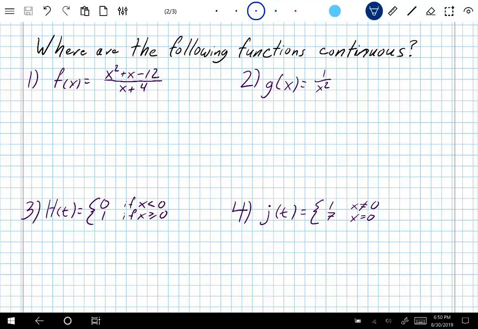Now, we had a result last time that told us how to find the limit of a rational function. And it said, just plug in all but one case. So we can just plug in to find these in all but one case, and that one case is if the denominator is 0. So all we're really asking is, this is going to be continuous